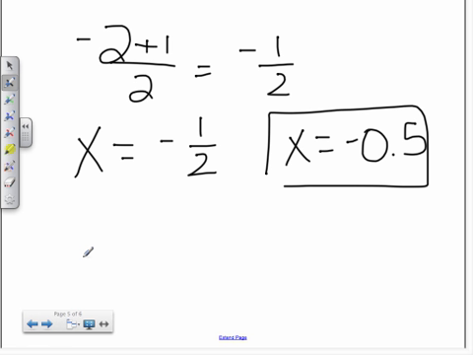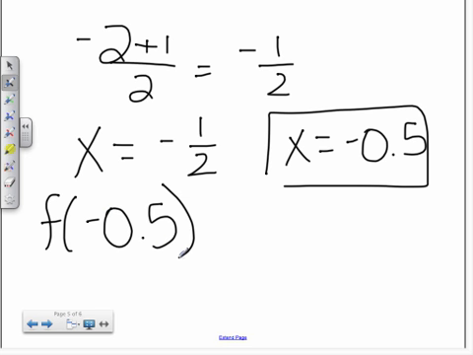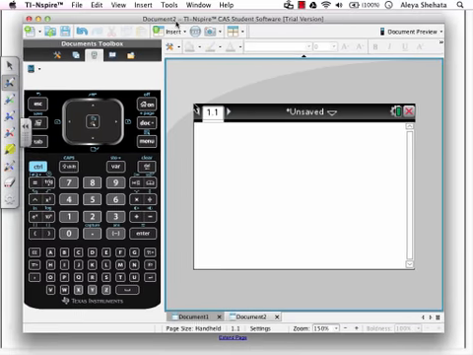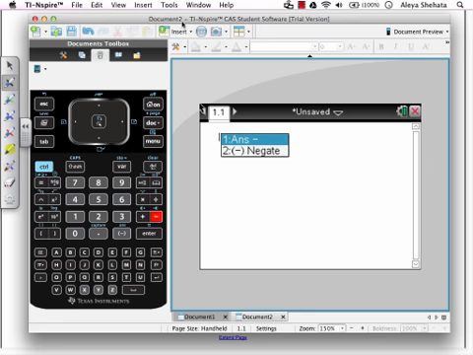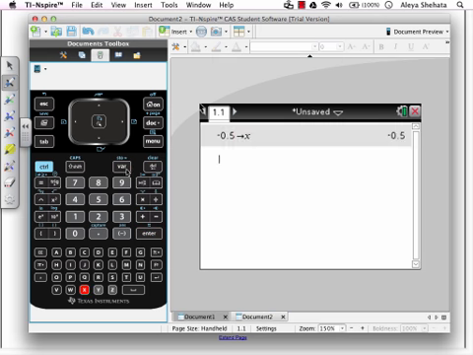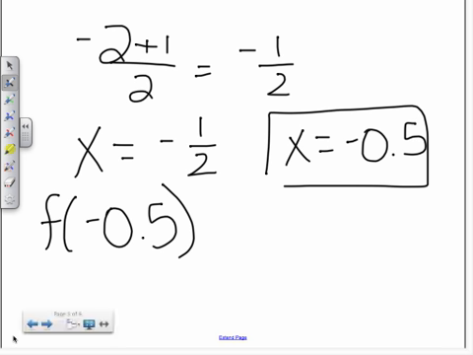Next thing I have to find out is my vertex. So I'm going to figure out what f of -0.5 is. Remember, I can take that and just plug it right into my calculator. So make sure to open up a calculator document, store -0.5 in as x. Okay, and then type in what f of x is equal to. So I'll type in 2x squared plus 2x minus 4, and that means that f of x is equal to -4.5,